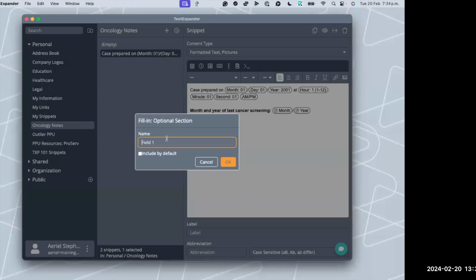The name portion of your fill-in doesn't actually get included when you expand this patient note into your EMR, only the stuff that we are going to write after the fact. So this is really great for explaining to your colleagues, or maybe the people you're managing, how they can actually use this snippet. In this portion, I'm going to say, okay, if it's positive, if there's an action required, which means you need to document